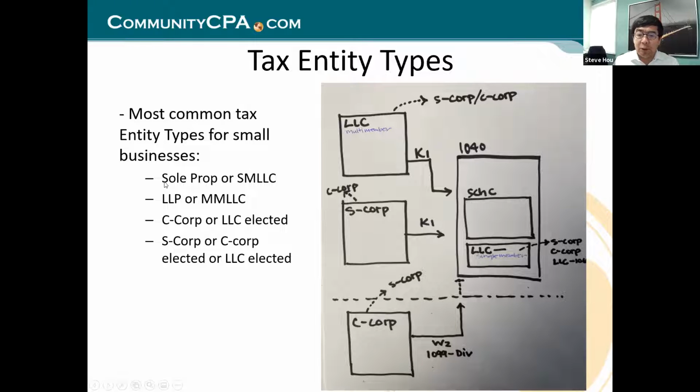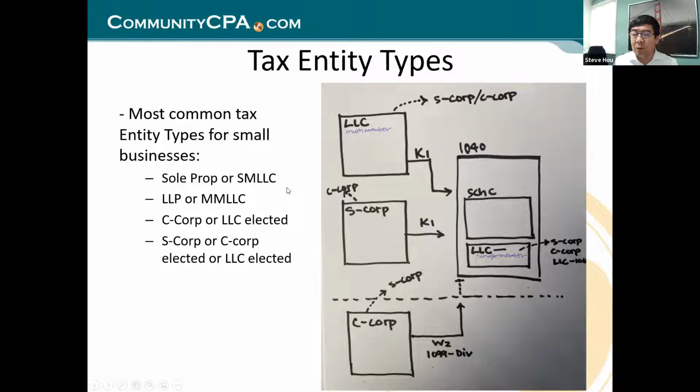For example, sole proprietorship is one type of tax entity, and that's a legal entity, but it's also a tax entity. But so is a single member LLC. So you see that the LLC sits in a few different places. In fact, in all of the places here. That's why, as mentioned in the previous slide,